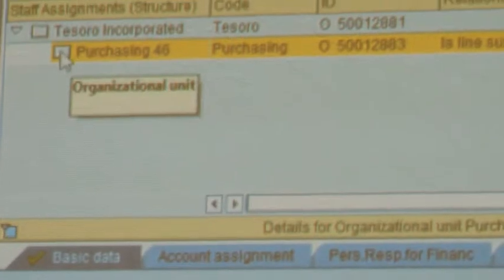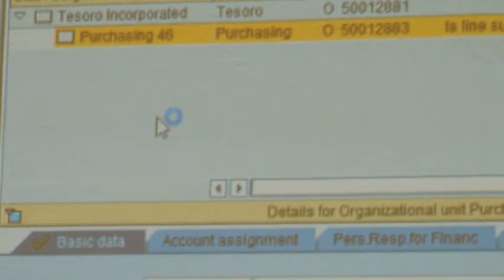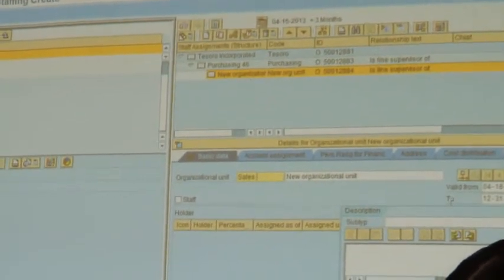Now under purchasing we have 3 sub departments. So there are 3 departments under purchasing.